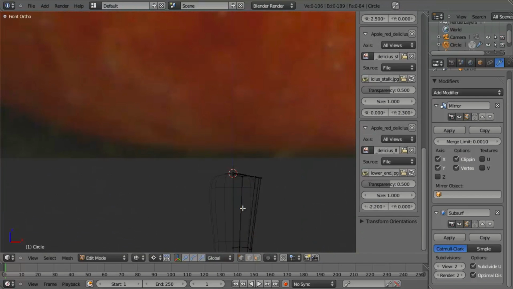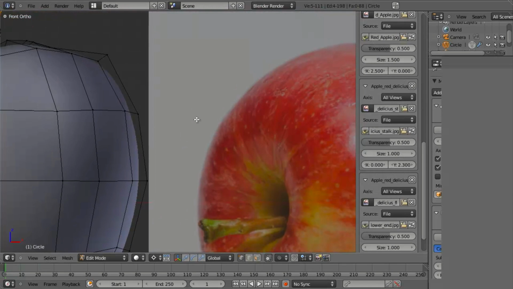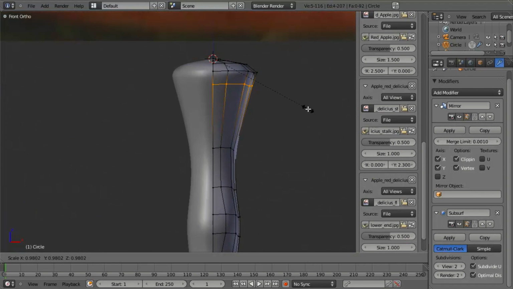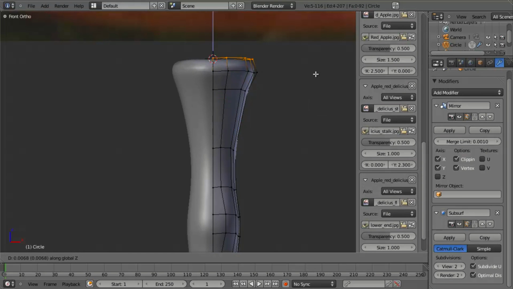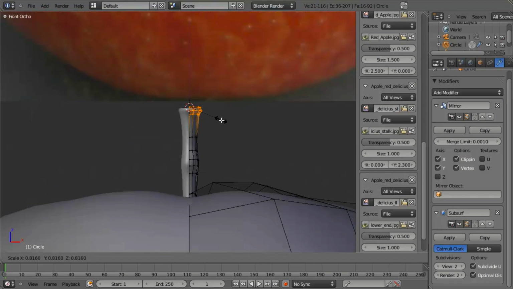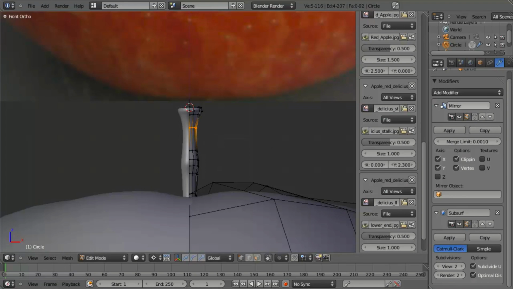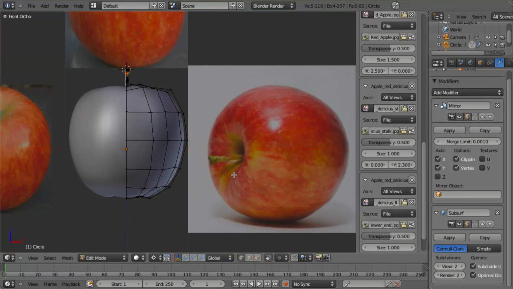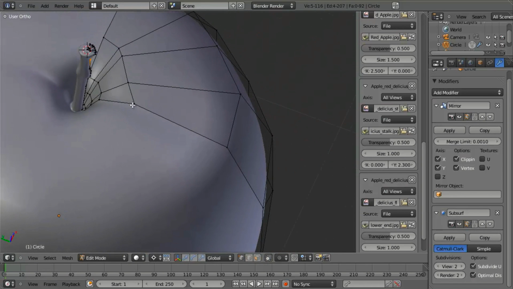Let's go ahead and we'll add in another edge loop right here. We're going to scale up, and then looking at our stem, I'm going to add in a little bit of extra bulge. So I'll add in another loop right there, scale it down, take this down, scale this out. Continuing to go back and forth between the stem and our model. Look at this area here. Let's maybe